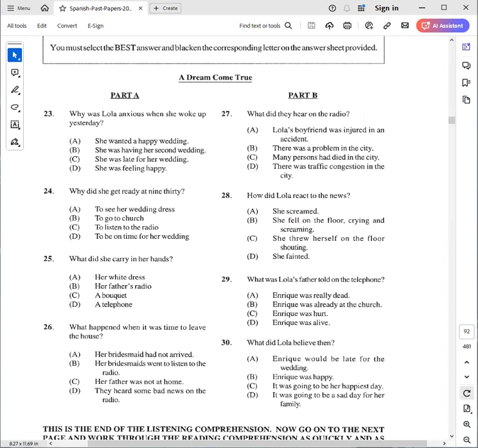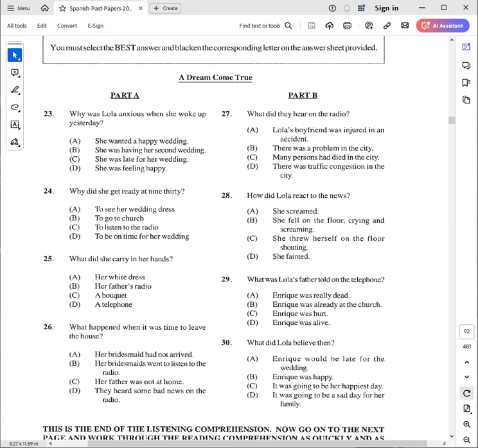Then the listening or the passage will be read to you as an entire passage. Then it will be broken up into part A and part B, and then it will be read to you for the third time straight through. And of course, in between, you will be allowed at least 5 minutes to go through the questions and select your responses. Because it's a recording, you have the ability to